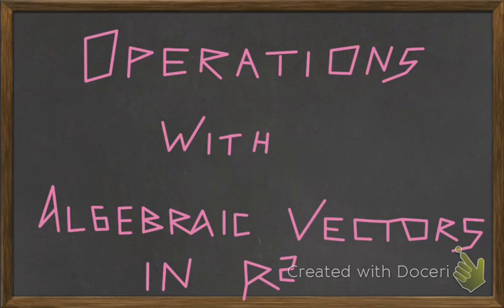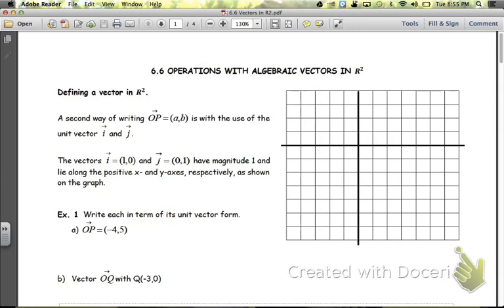Today we'll be looking at operations with algebraic vectors in R2. So to begin, let's define a vector in R2. A second way of writing the vector OP is to use the unit vectors